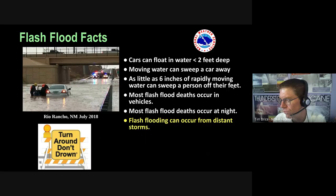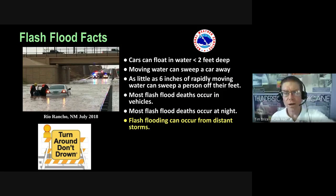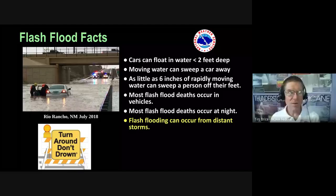So flash floods. Here's a picture of Rio Rancho when they had some flash floods back a couple of years ago. Wow. Less than 2 feet of water can actually float a car. So what happens is that you get this car. A lot of people will think, I'm safe, a car's nice and heavy. But guess what? A car's not a boat. So these cars, they float actually pretty easily,